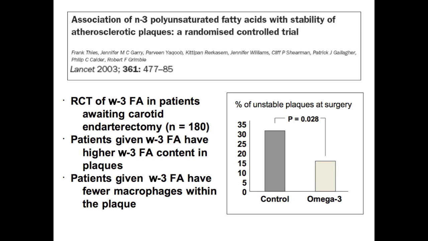And we had the cardiovascular pathologist, whose job it was to do this every day of every week. He routinely looked at the plaques from every surgical procedure and graded those plaques. There's a particular grading system that's used. It's an American Heart Association system, and his numbers told us that the plaques coming from people treated with omega-3s were more likely to be stable than unstable compared with the control group. So this was pretty remarkable. Association of omega-3s with stability of atherosclerotic plaques, a randomized controlled trial.